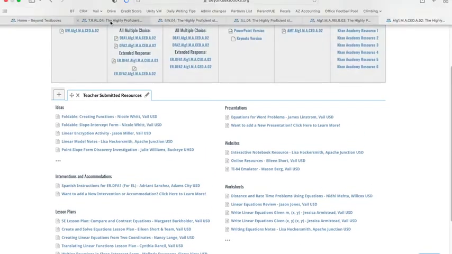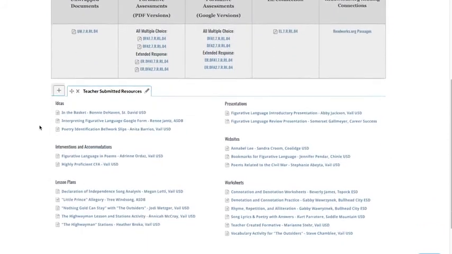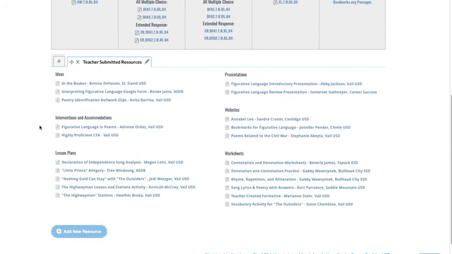Now, full disclosure, we know that not every standard has some EL resources on it. I jumped back here to 7th grade RL04, and I'm not seeing any resources that are tagged for EL. So if you have something that you've created or adapted or found or modified, we really encourage you to share that onto BT. And you'll do that just by clicking the Add New Resource button here at the bottom of the screen. It's the same process that you've done to share other resources in the past. But if you stay tuned, in just a second I'll tell you, we've got an incentive going on that maybe